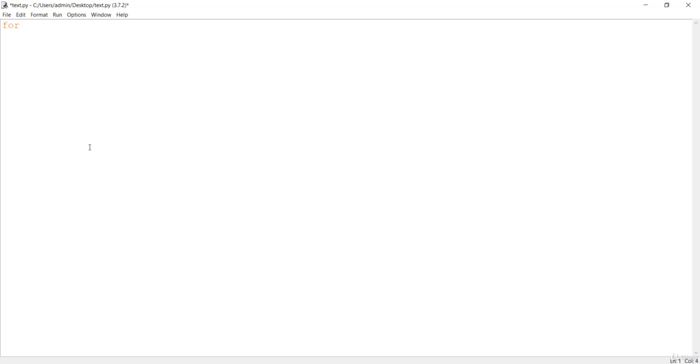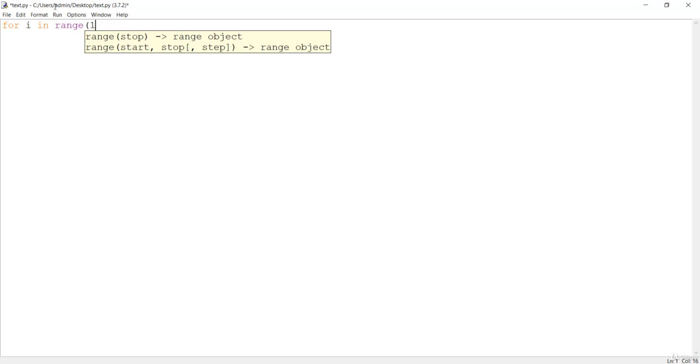So let's see. The loop will be executed from this for. This is the keyword, basically, for, all in lowercase. Then I say i, where i is basically any variable. The in keyword is needed, and then range. Range gives us a tuple or a list, and let me say 10 over here, and give the colon.